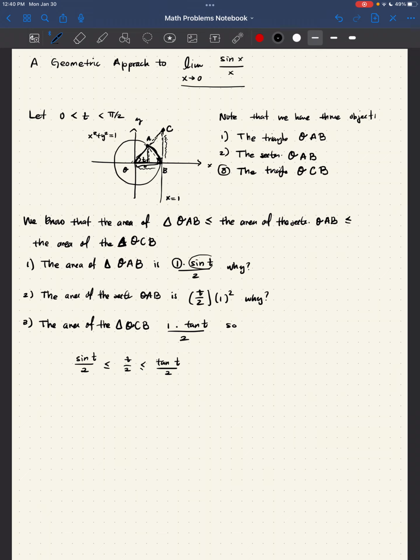Well, but with this, look, we can write the following. So, sine of t is less than or equal than t, and is less than or equal than the tangent of t, which we know, well, is equal to the sine of t divided by the cosine of t, right? It's just a different way of writing tangent. Well, but let's see. What else? Well, recall